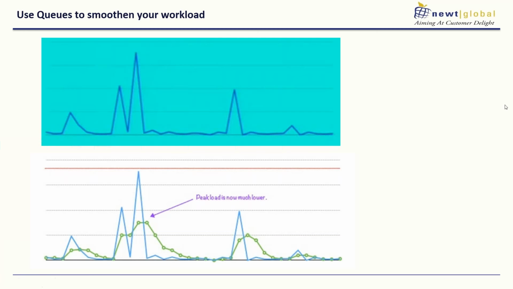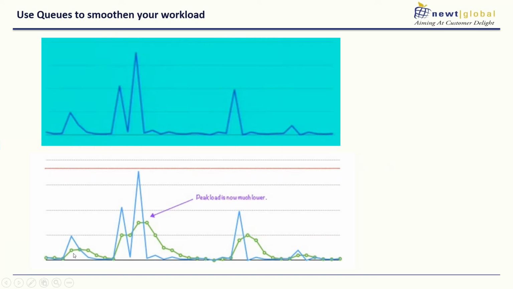A couple of other things. We can use queues to smoothen your workload, right? Let us say that one of your services is having spikes, and that's putting a lot of load on your system and the performance of your service. What you typically do is, instead of making a service call to another service, you write to a queue, so that an asynchronous reader can read the data off the queue and start, probably sequentially, writing to the database or talking to the other services.